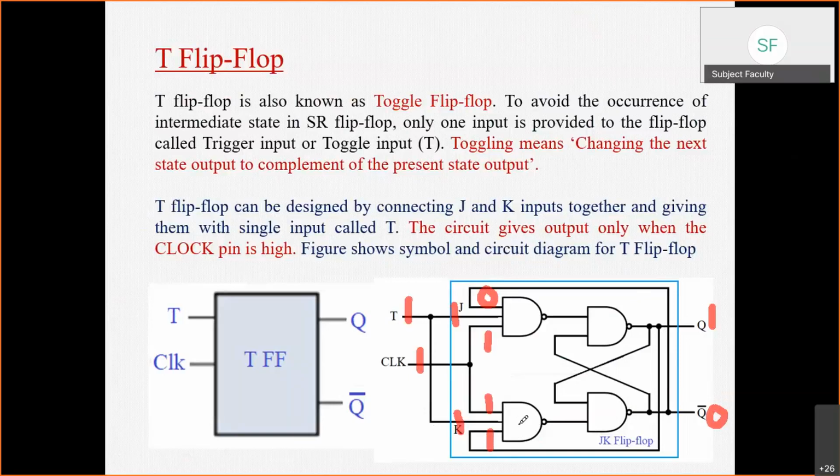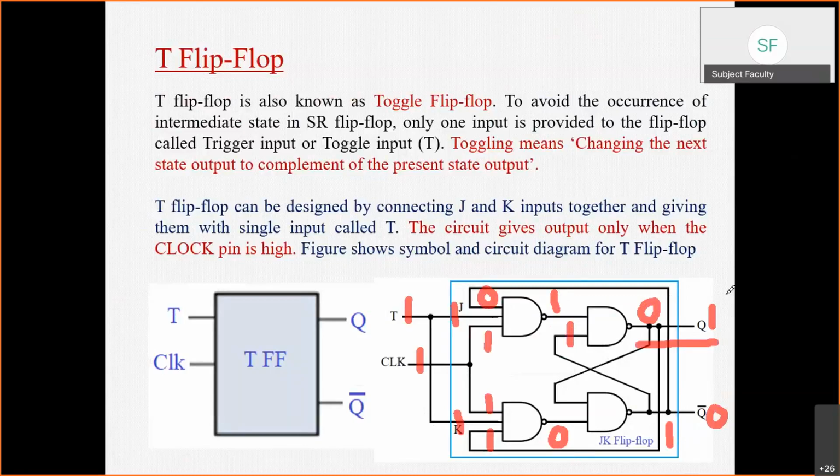So for this lower 3 input NAND gate, all the inputs are 1 1 1, so that means the output will be 0. For the above 3 input NAND gate, whenever one of the inputs to the NAND gate is 0, the output is 1. Similarly, when one of the inputs to the NAND gate is 0, the output is 1. This one is connected to here. So now it will become 1 1. So now the output of this NAND will be 0.